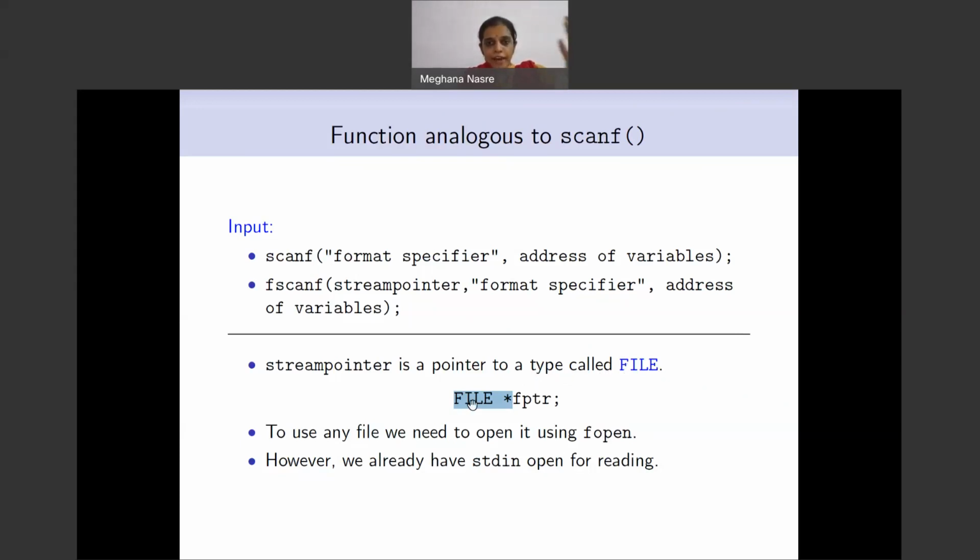So FILE is something which is made available to us, and therefore we can define a pointer to this type by saying FILE star, and fptr is my variable name. So what I can do is